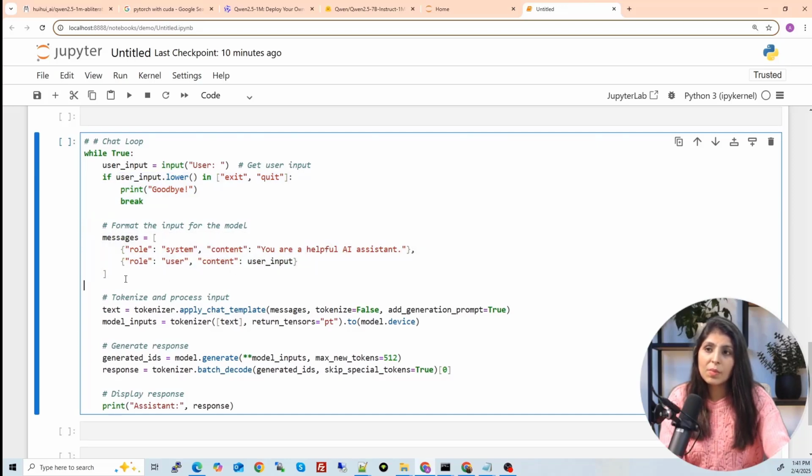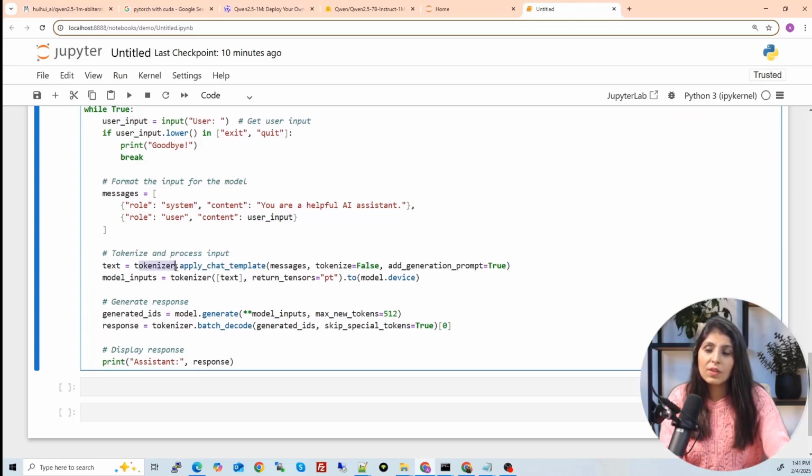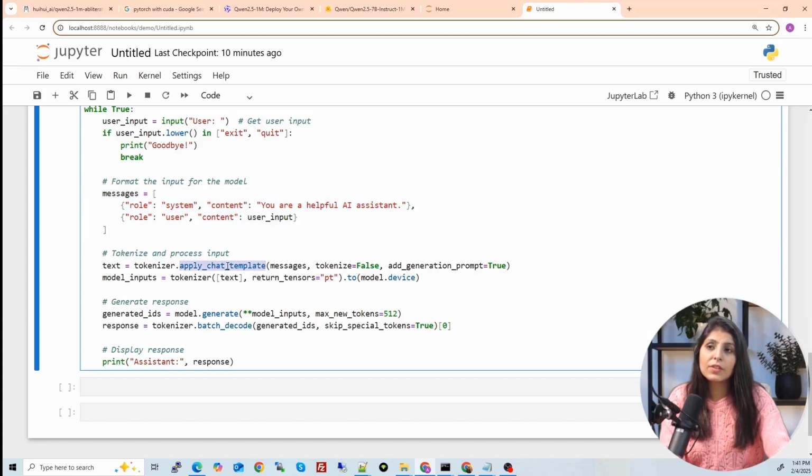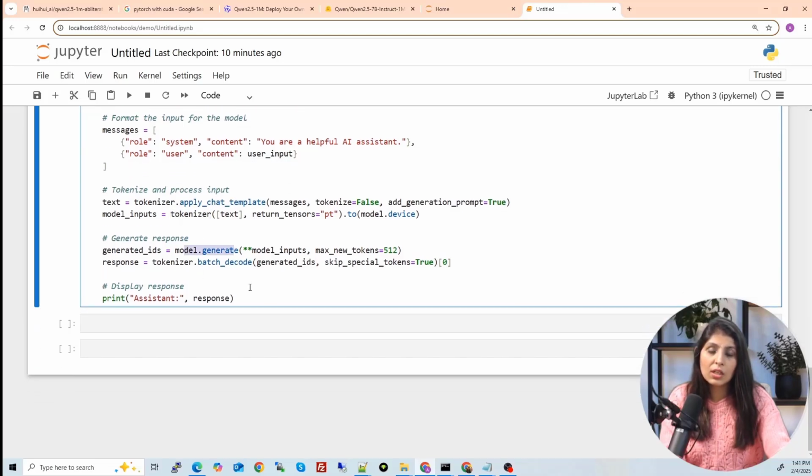Messages, remember this part I have already told you. This user input is in the content. Then we are applying this apply chat template on it, because we want to convert the format of this template into the format of the template which the model accepts. Then we are applying a tokenizer on the text which the user will give us. Then the model is generating the output. Then we are decoding the output of the model, and then we are showing the response.